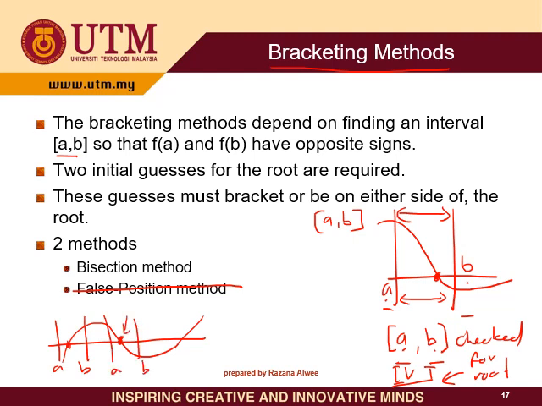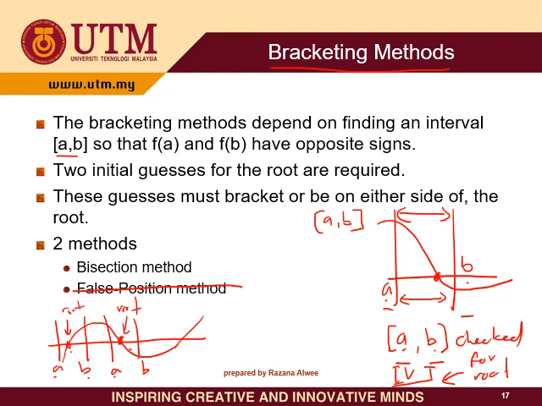Let's say in real life, you can have 2, 3, 5 or more roots. For the bisection method, you must use it for each of the roots. This one A and B for this root, this one A and B for this root. You cannot use just one bisection method for both of the roots. You must find the A and B for each of the roots if you want to use the bisection method in